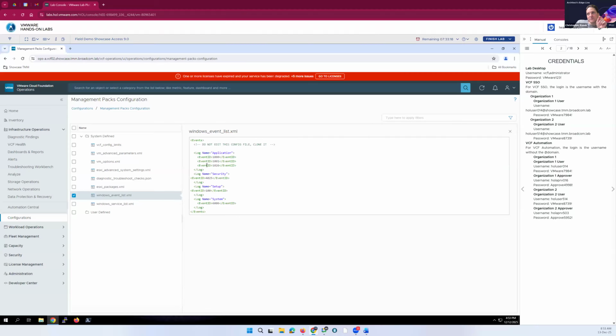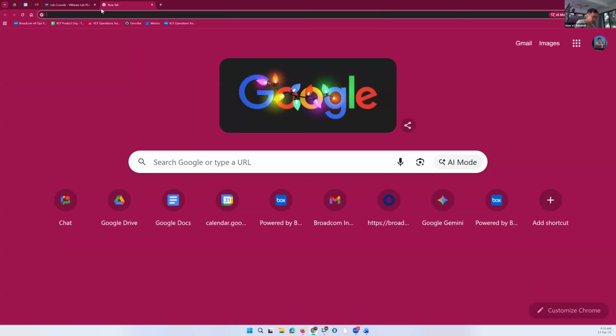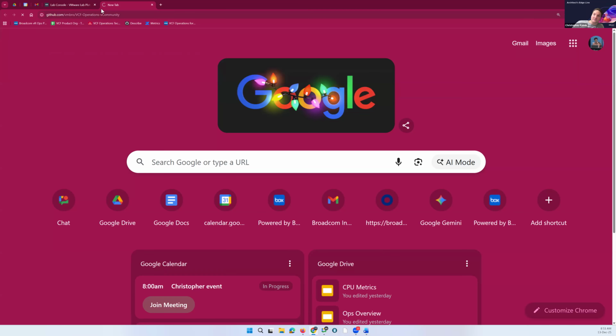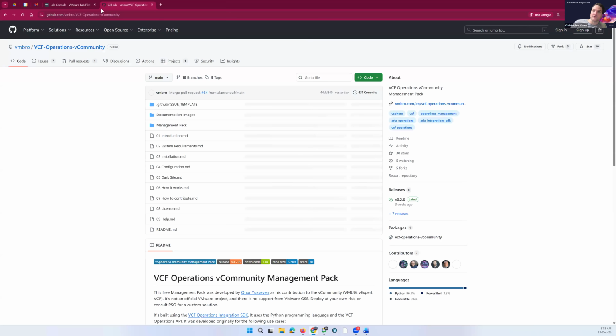What I like about it, though, is that rather than having to build your own, it's growing and evolving and extending so quickly. You think, oh, I'd like something like this, and because it's vCommunity, it's all about the community, someone goes and adds that functionality, and then everybody grows and benefits from that. So either you build it or ask for it, and someone says, wow, I would love that also, and it evolves and iterates within the community, like Flings on PowerCLI. But the way Flings used to be, they were always ad hoc and one-off, whereas this is truly integrated into the infrastructure and into your monitoring platform for your whole VCF footprint.